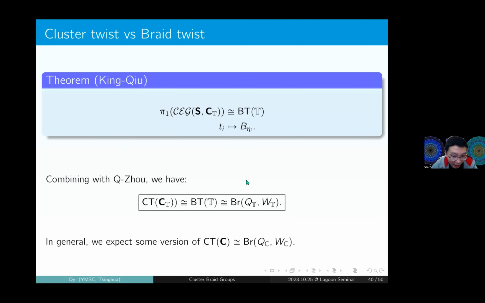Yeah, so combining everything we know is that the cluster braid group is the same as the braid twist group, and also has a presentation with respect to the quiver with potential. So each vertex of the quiver gives you a generator, the arrows give you relations, and also the potential. And we expect that, so now we only prove the Dynkin case or Coxeter-Dynkin case or the surface case without puncture. But we expect that this should be true in general